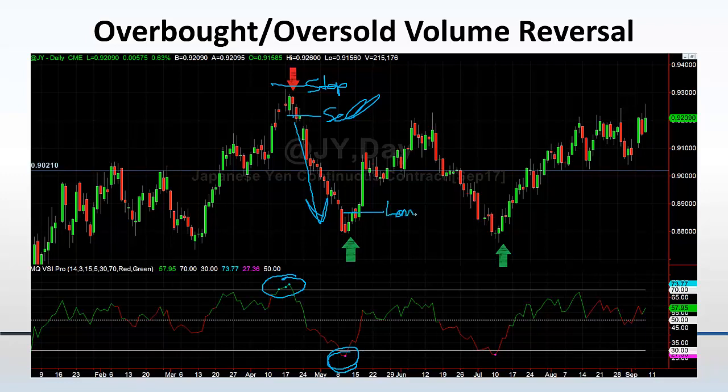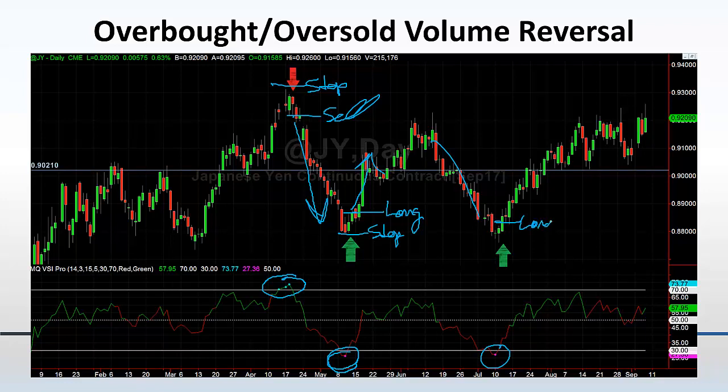Here's our trigger. Here's our long. Stop at the low. Within just a few price bars, it should start accelerating our direction. And boom, it starts to accelerate higher. And then what happens again? We turn around and come right back down. We get extended over here. Volume dries up. It triggers.